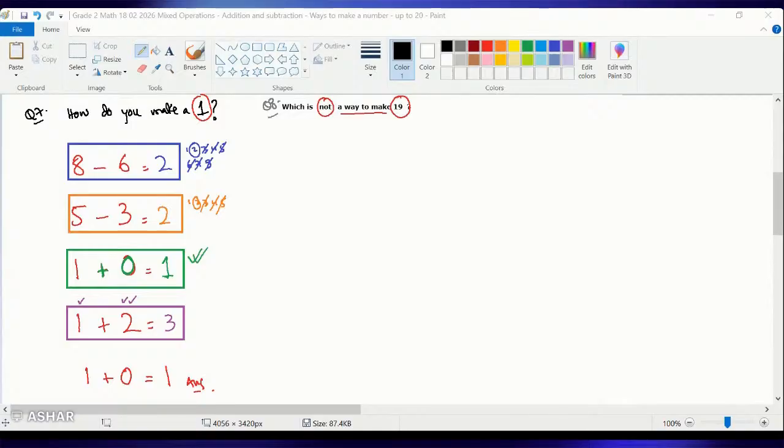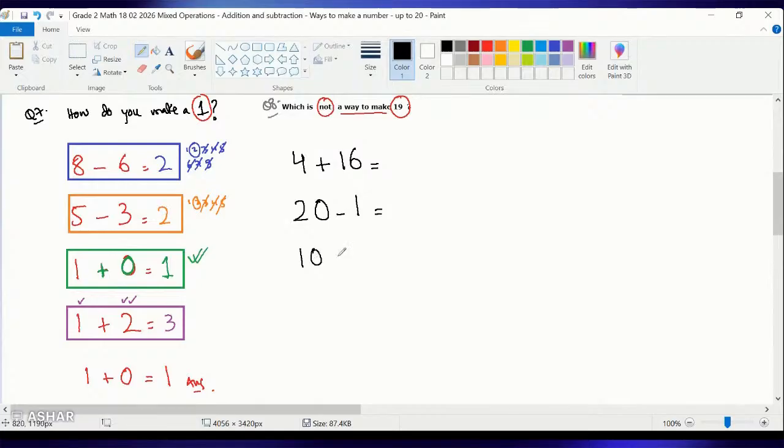So if I would say 4 plus 16, 20 minus 1, let's take this as 1,